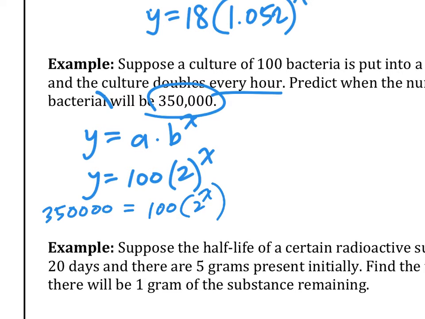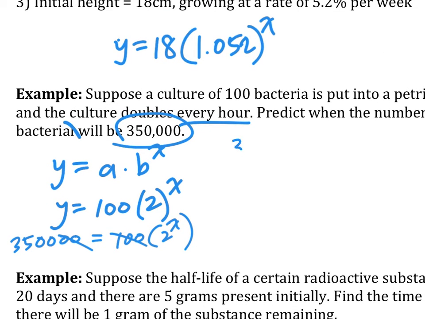All right. This requires that you remember how to solve this kind of question from last year. First thing, what should you do? You should divide by 100. Divide by 100 means take off 2 zeros. So 3,500 equals 2 to the x. Now, if you recall from last year, in order to solve this,